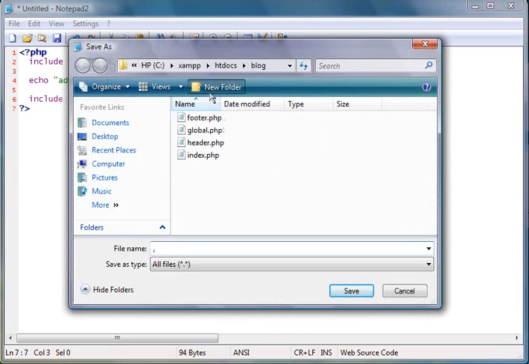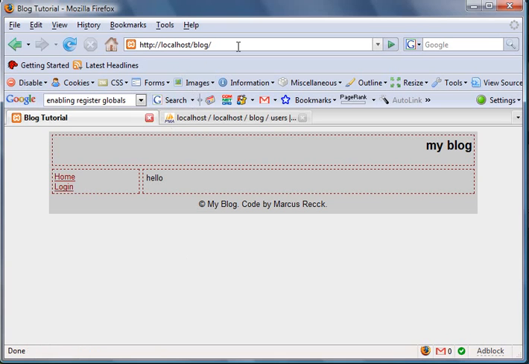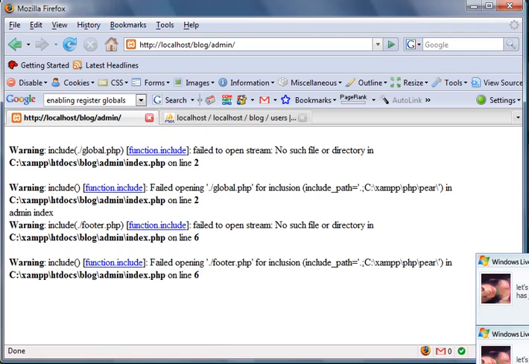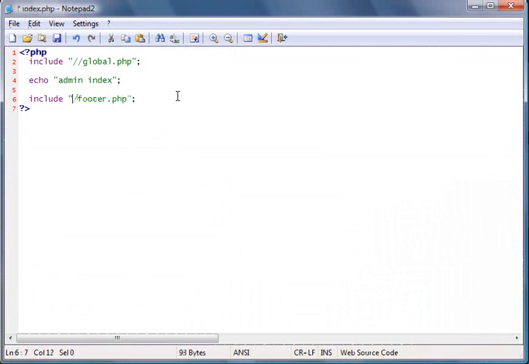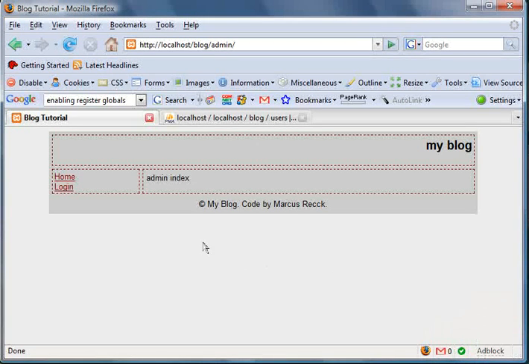And we're gonna save this. Let's see, new folder. We're gonna call it admin. We're gonna call this file index.php. It shouldn't work. That's what I thought. Try double slash. Yeah. Hang on. There we go. That should work. Go back to directories. There we go. I'm sorry for that. I usually have all my files in one folder, so I'm used to doing something like that. Okay, now that we have that included,